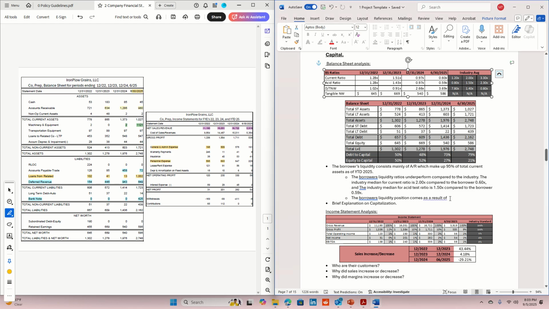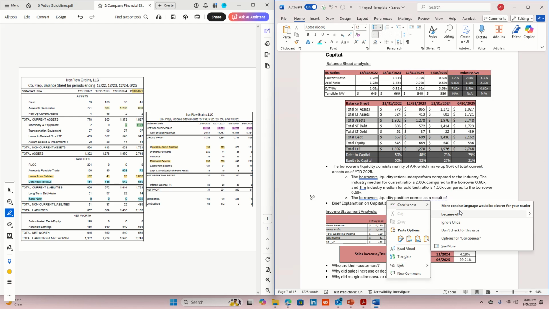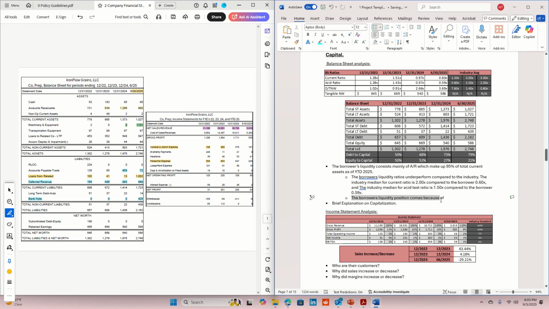So let's make this statement first. The borrower's liquidity position is a result of increased loans from related